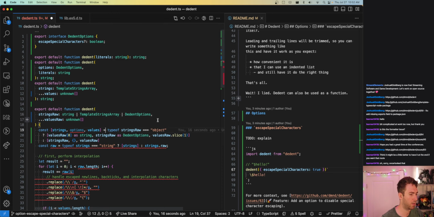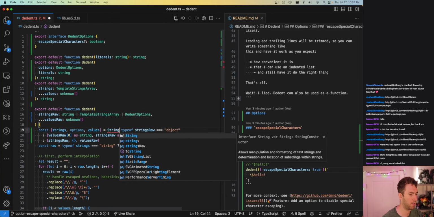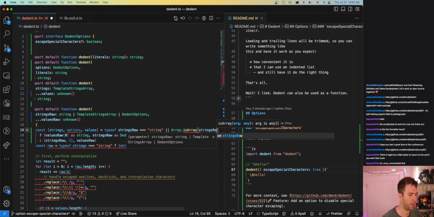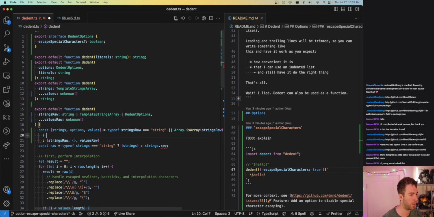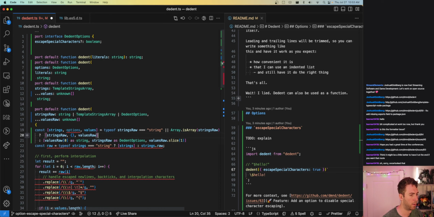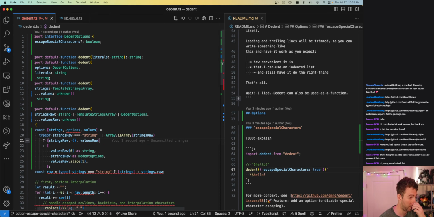So here, is string dot is string now. So if it's a string or array dot is array, strings raw. So if it's either string or array, let's go with the original form. So now strings as type should be string or